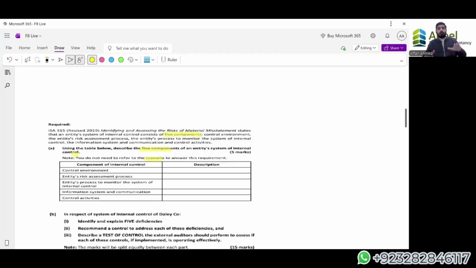So if I see that my particular system is working efficiently and effectively, I have to make sure that it is communicated effectively and efficiently as well. Communication is the key, where you are going to spread the word alongside your organization. If you're not communicating effectively, you are not spreading the word that the control is applied and how it works. If the people don't know how it works, they are not going to follow it.